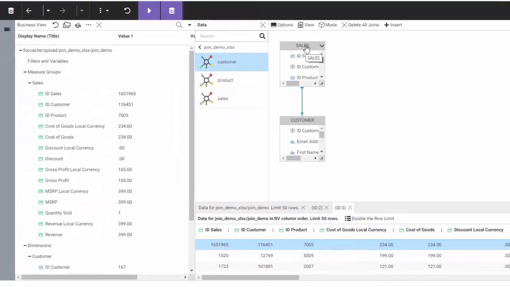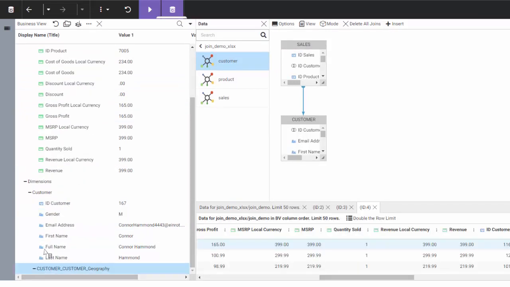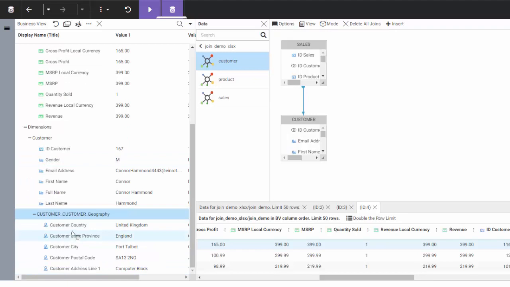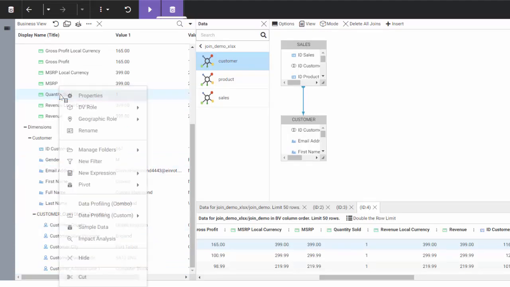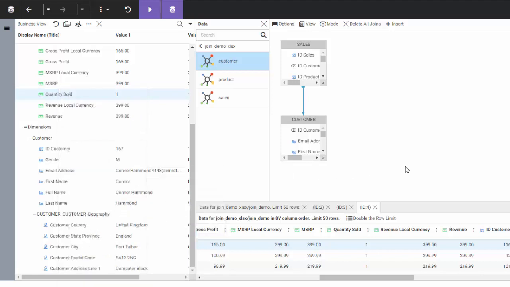WebFOCUS automatically interprets your data to organize it into a logical structure, but you can also customize it to create hierarchies, allowing you to navigate through your data to pinpoint precise sets of values, add geographic roles to facilitate powerful mapping tools, and enhance your data with ready-to-use filters and field calculations. For more information about accessing data from a spreadsheet or other file, see the Uploading Data Files topics and video